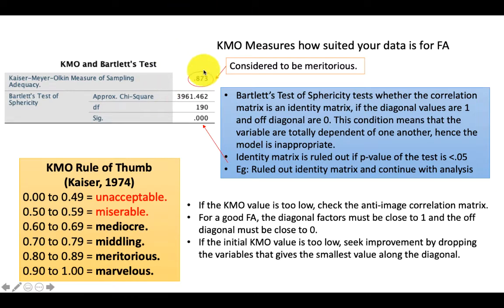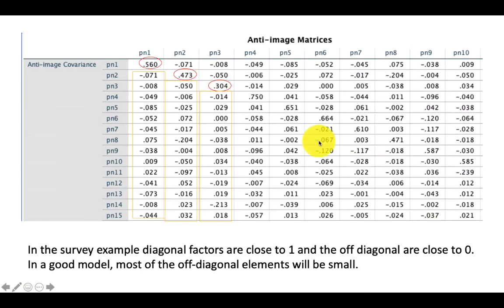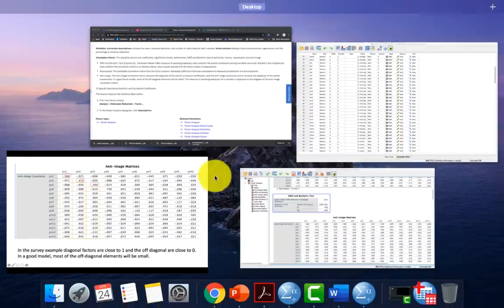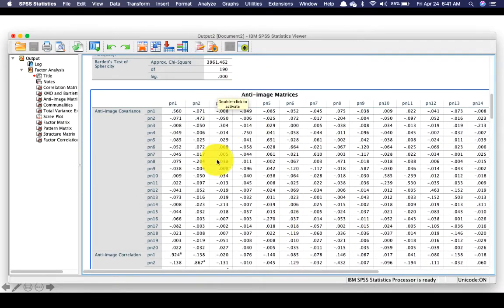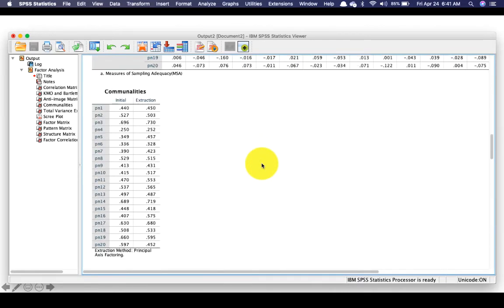If your KMO is too low, you should take a look at your anti-image. Okay, in a good factor analysis, the diagonal values must be close to 1 and the off diagonal values will be closer to 0, like this one here. These are your anti-image matrices. So the diagonal over here should be closer to 1, and the off diagonal should be closer to 0. These are the off diagonals. Where do you find this? Here, it's anti-image matrices. And then after that,